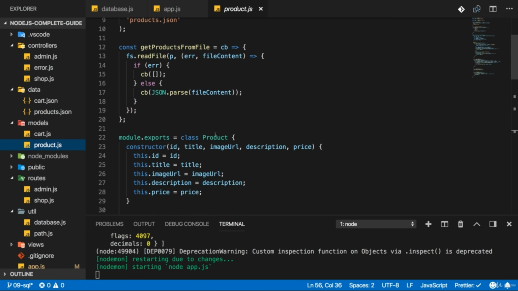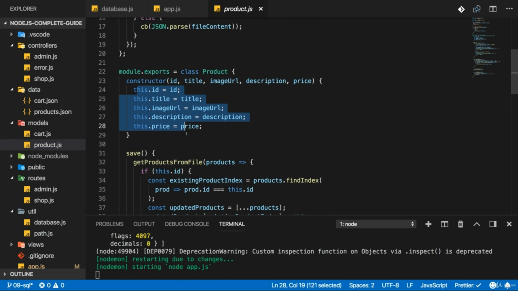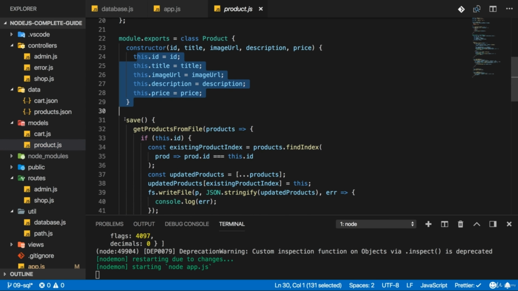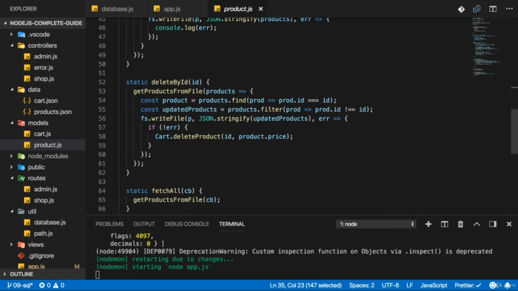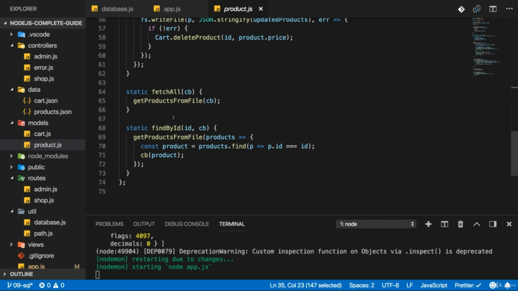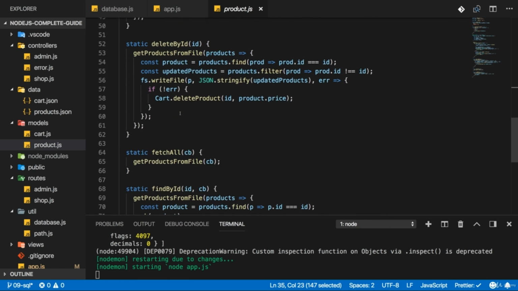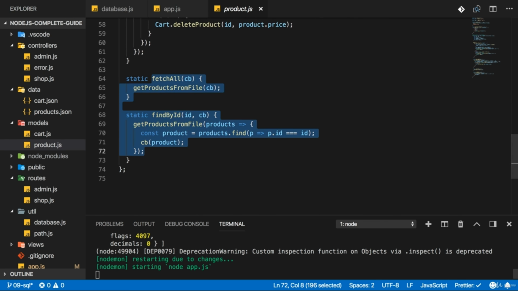There we right now already have an export class, which we can instantiate, and where we then, for example, have a save method to create a new product. Now, even though we're still fetching products from our file for now, we also have our static methods for fetching data. And there we fetch data from our files. Now, we can do that, but of course this is not really the setup I want to use. I will still work with static methods for fetching data, but I want to fetch data from the database